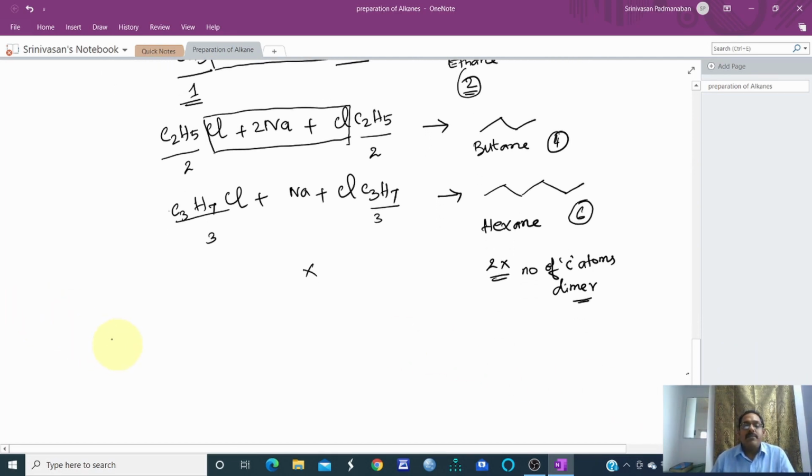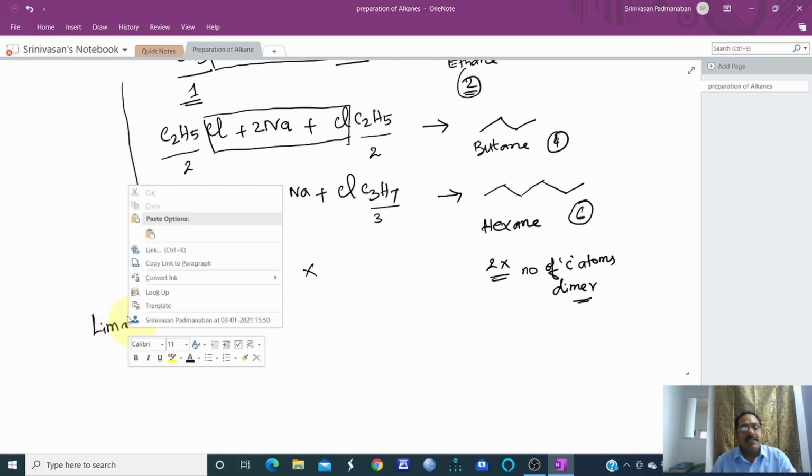Also, can you guess a little bit: what we are using here is the same thing. Suppose you take chloromethane, only chloromethane is taken. If you are taking chloroethane only, you see here only the same thing is taken. We have not taken two things. Suppose you take two things, what will happen? That is what we are going to see, in the limitations.